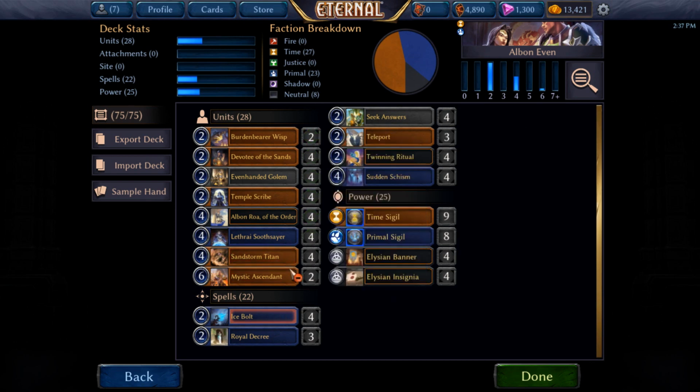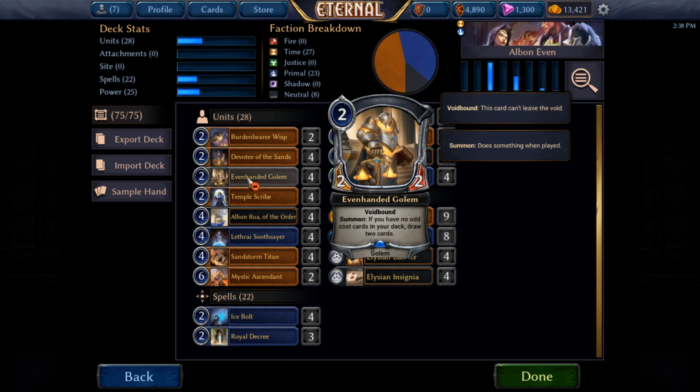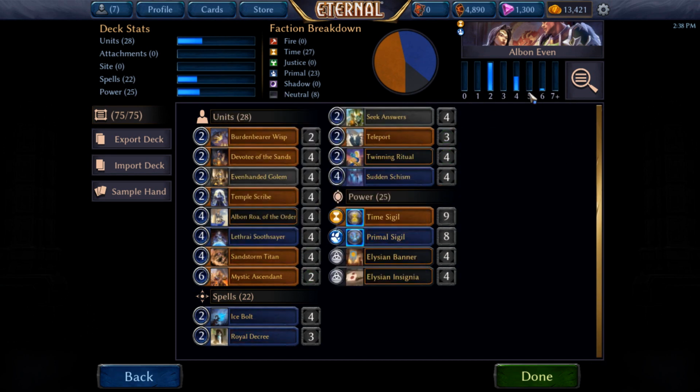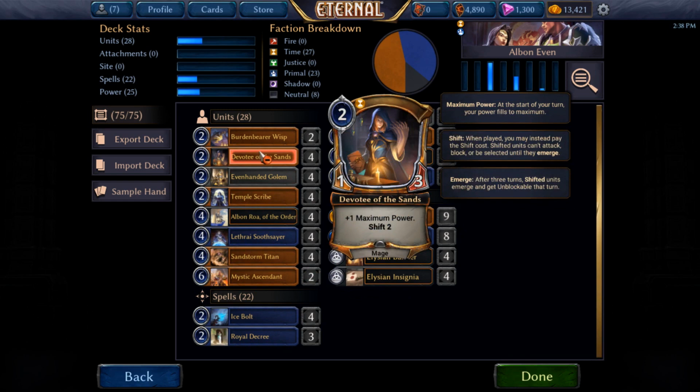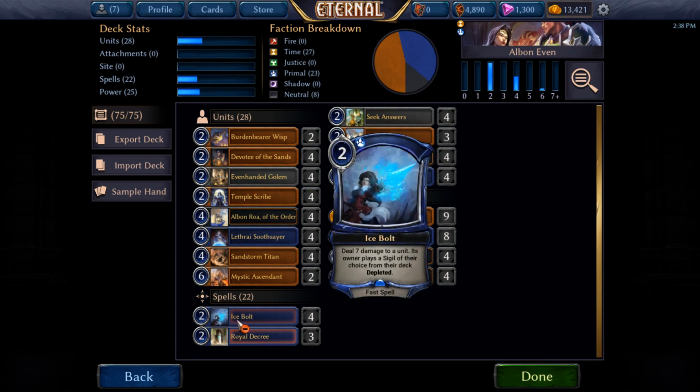So if your opponent goes to torch your Temple Scribe on turn 2, or like a Devotee of Sands or something, you can get around it a bit by Ice Bolting your own unit, and then you still get the jump to 4 if they do it on like a Devotee, or if they're doing it on Even-Handed Golem, and you just want to make sure that you hit 4. It's nice to do that. So Ice Bolt's good flexibility-wise that way,